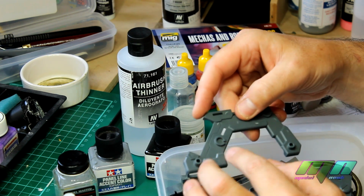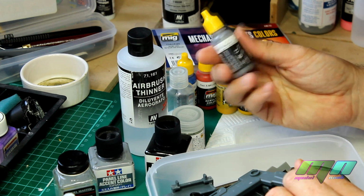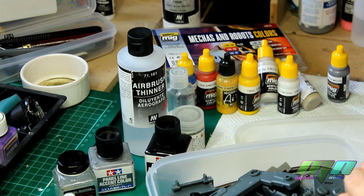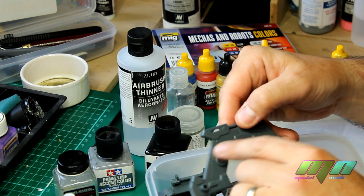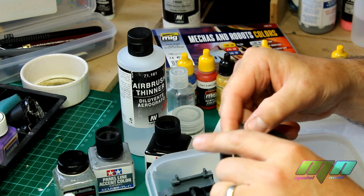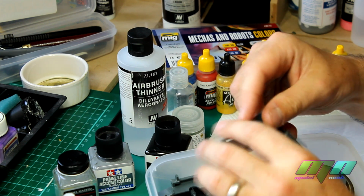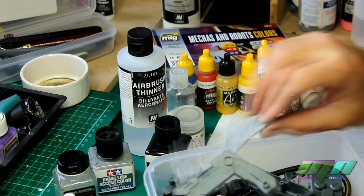Stainless steel duralanium, but on these raised parts, I might use this medium gunship grey to give it a different tone. So you'll have a shiny, very reflective metal that'll get masked up, and then you'll have a dull satin finish on these parts, and it'll give it good contrast hopefully. Again here,